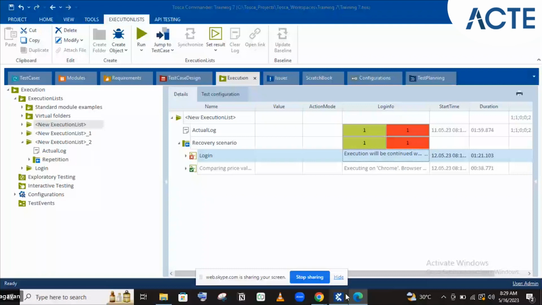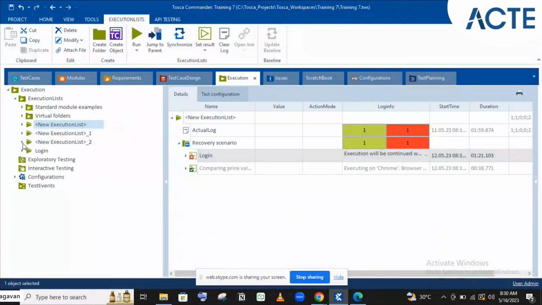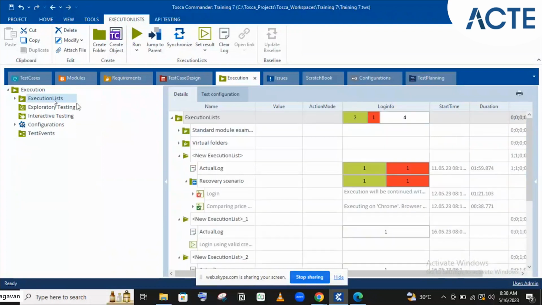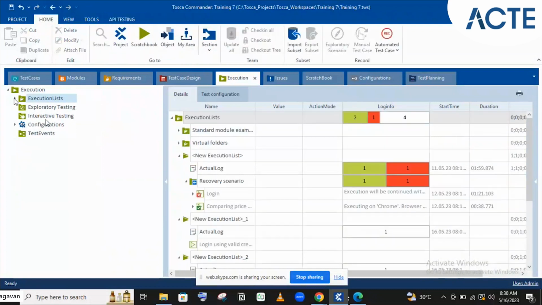Okay. What else? So this is how we'll be doing the execution in the execution section only. Apart from this execution list folder, we have some other elements here. So I'll tell you about what